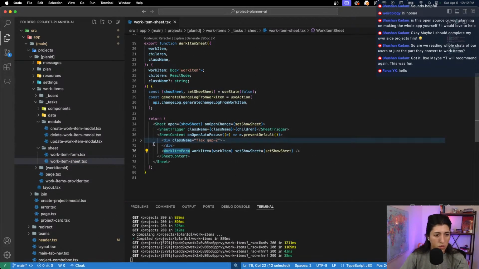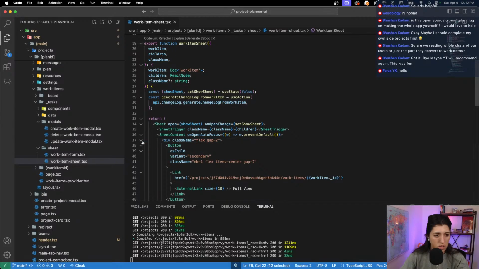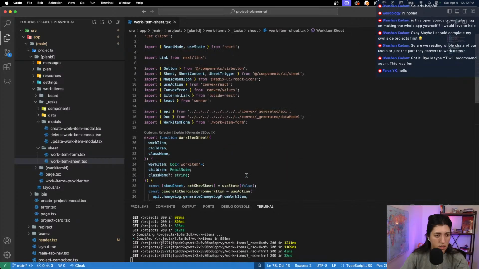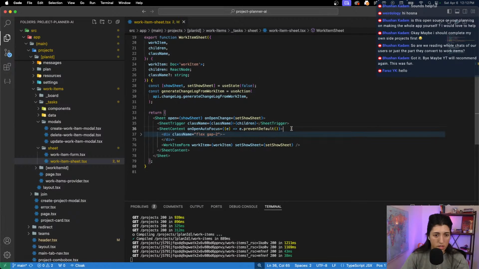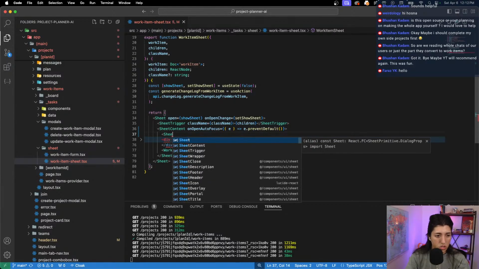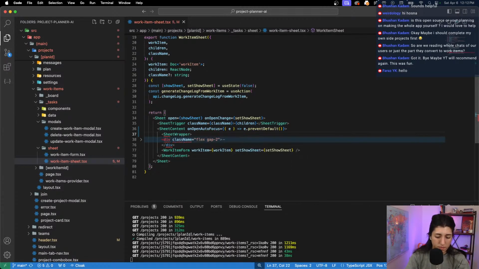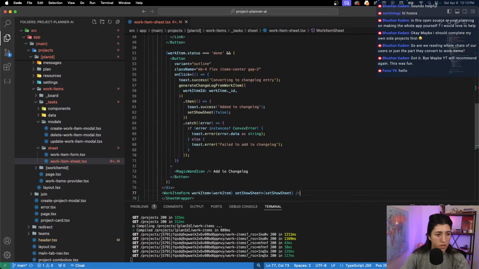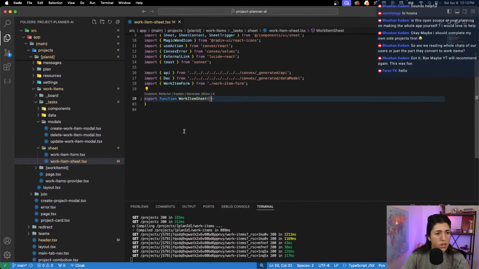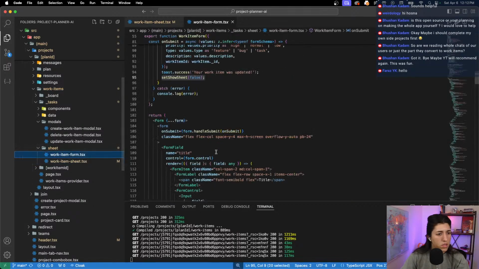We want to wrap this around the sheet wrapper so then we could have consistency. Sheet wrapper. I think also, let's see, we could put this